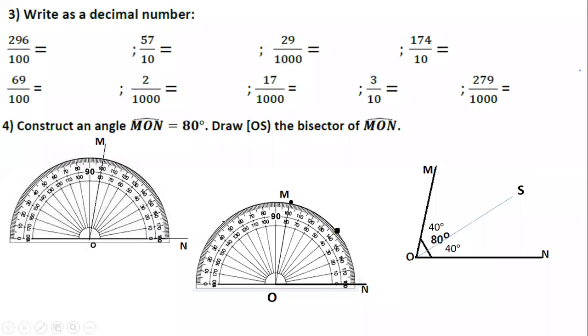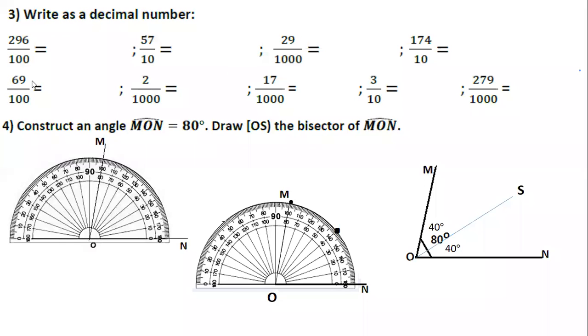Now I will move to the second question. The second question, number 3, we should write as a decimal number. So these decimal fractions should be written as decimal numbers. Also here, you should memorize the steps in order to apply while changing. I will start the first one with